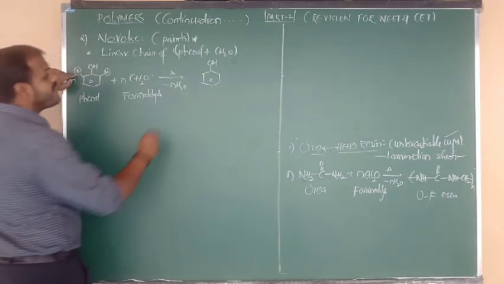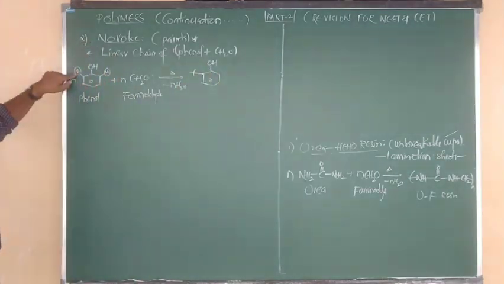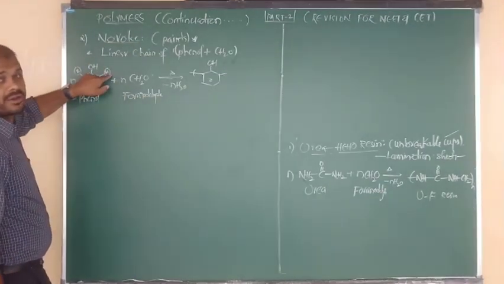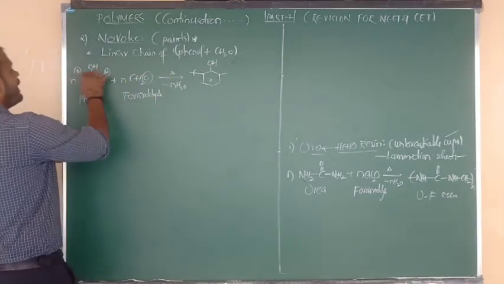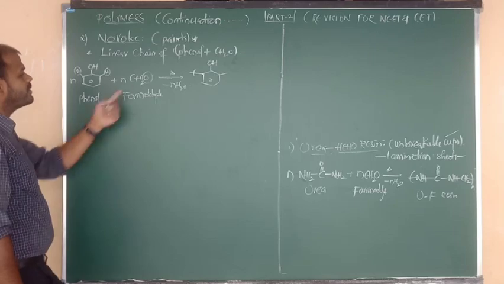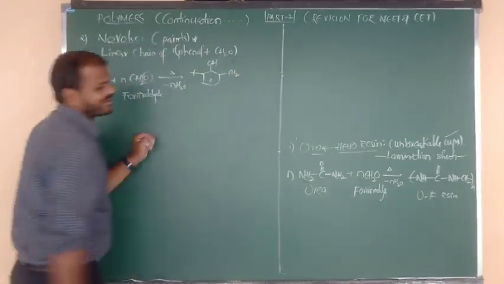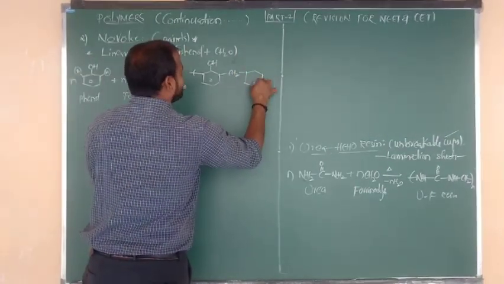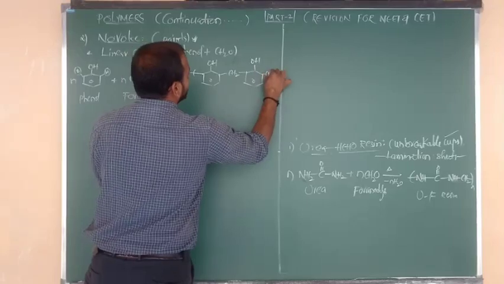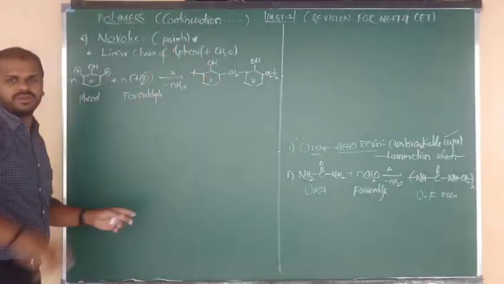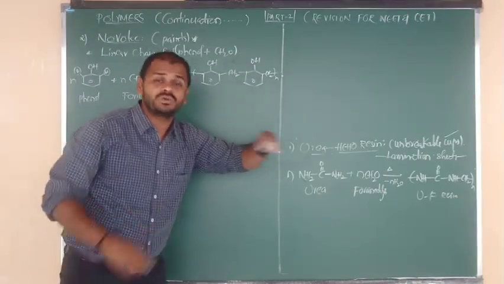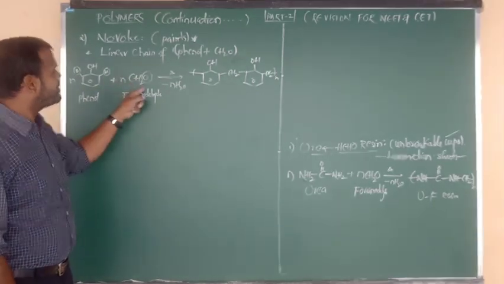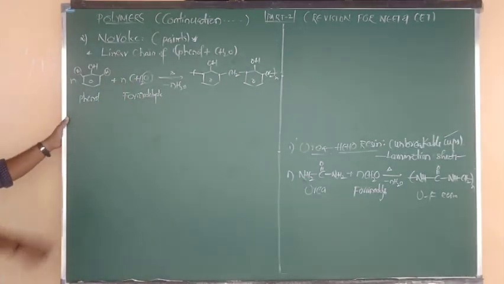After the removal of hydrogen, the chain continues here. Again on the right side ortho, from there also we are removing hydrogen, so this chain can also continue. From formaldehyde we are removing O, with the two H eliminated in the form of water molecule, and the remaining form is CH2. Again we can write another benzene bonded to OH, and again CH2. Phenol CH2, phenol CH2, phenol CH2. Such linear chain continuation takes place. Such a linear chain polymer of phenol and formaldehyde is called Novolac, as I have told you.